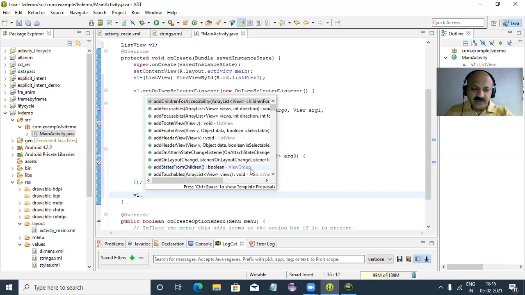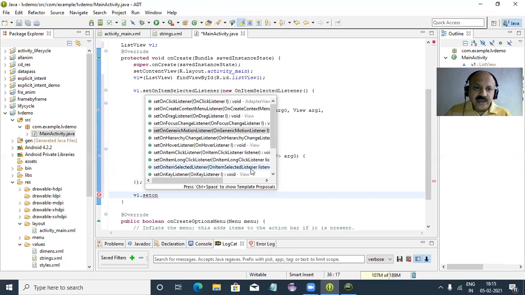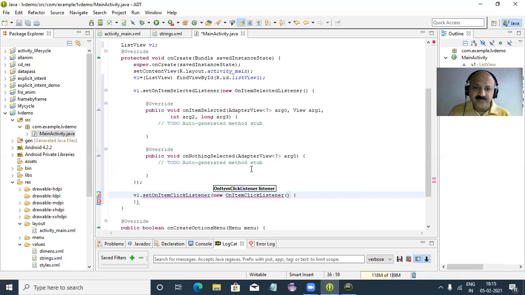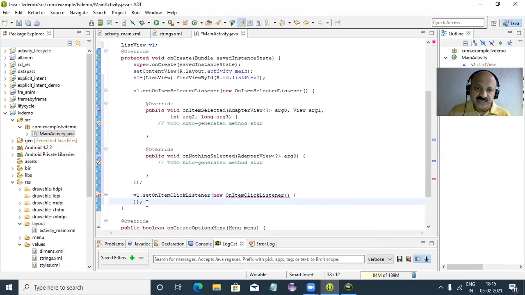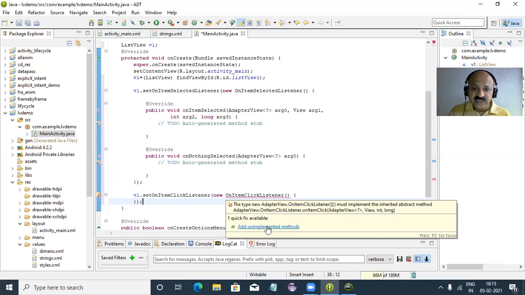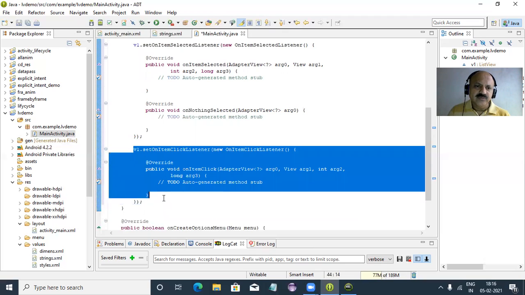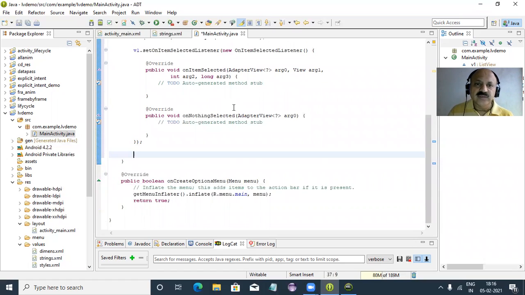I first type again set on item click listener. Let us check what is implemented. We are testing both, so you can get the idea. Now first I import the package with semicolon, so the second error, and now we can see which method is implemented. Here that is onItemClick. When the item is clicked, it prints, and here there is a view, then an integer argument and a long. So both are selected, so we can use the first one, this one.